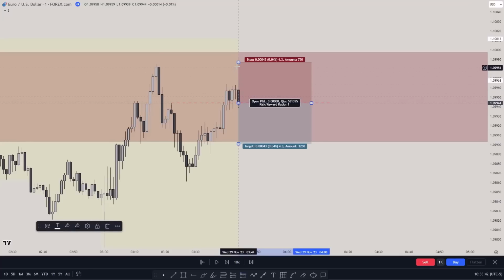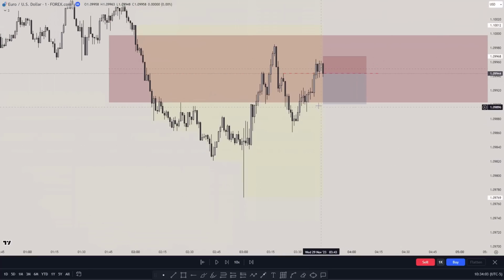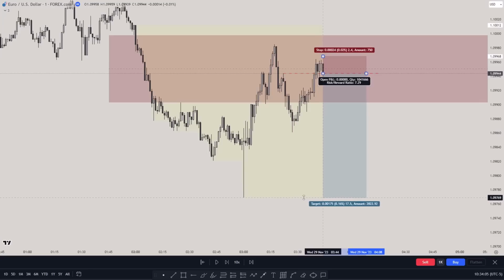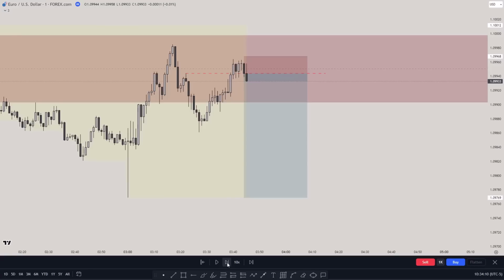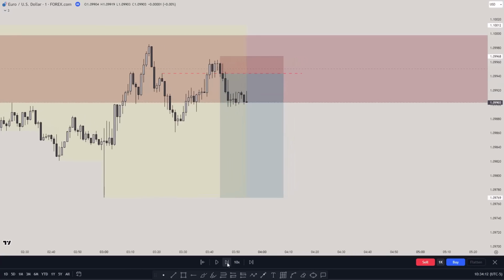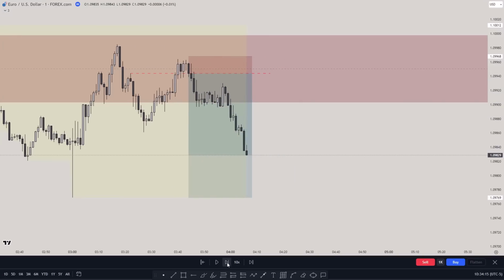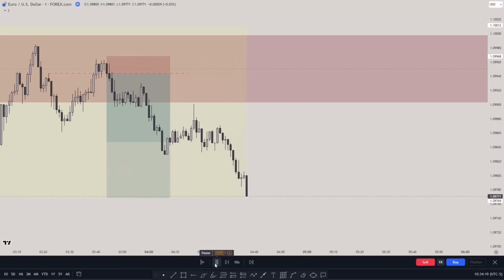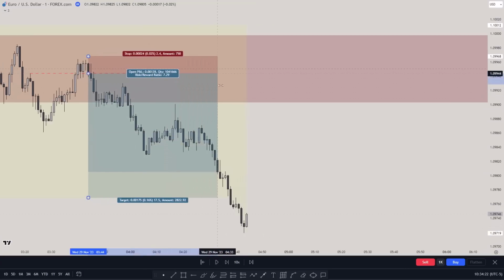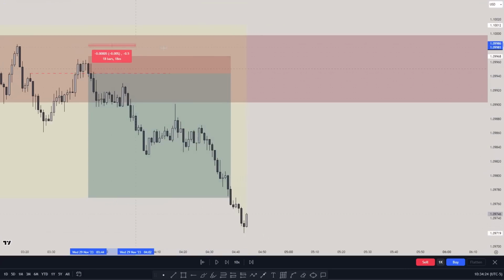I entered from here, and my stop loss, instead of putting it above this high, and you could do that, what I've done is put it above this high and then target what? This low hanging fruit right here. And this is a 7 to 1. That's a huge trade. If we play the price action, you can see that price at this point started to go lower, no drawdown at all, and then hitting the take profit. In about 55 minutes from here to here, take profit hit.